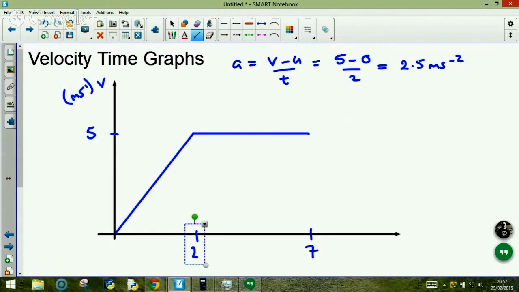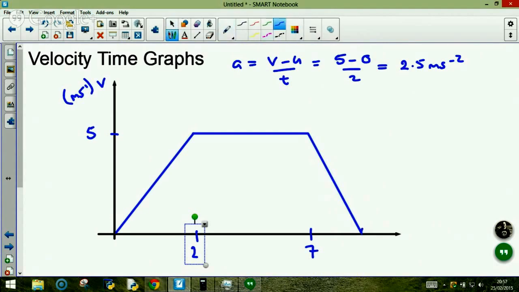And then at that point, it decelerates. It could be really slowly decelerating or slam the brakes on and decelerate really, really quickly. So if we go for something like that, where it just gives itself 1 split second. So that's meant to be an 8, by the way. And then it goes back down. So for this section here,